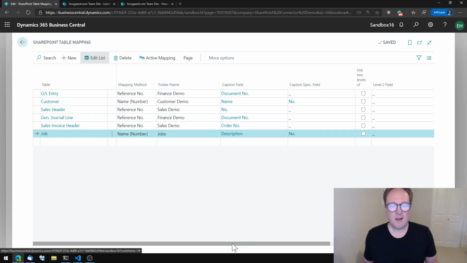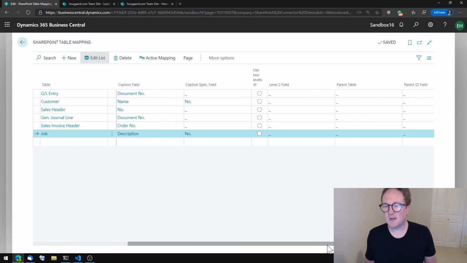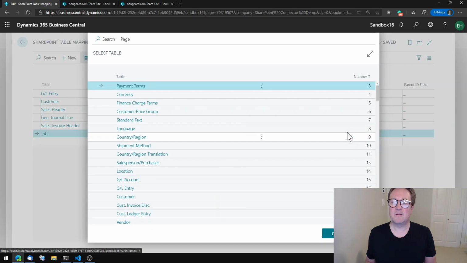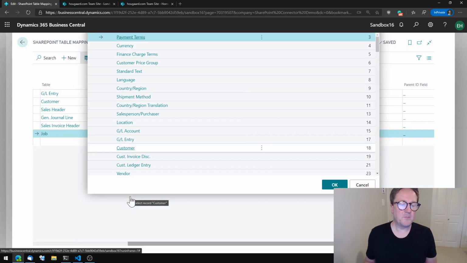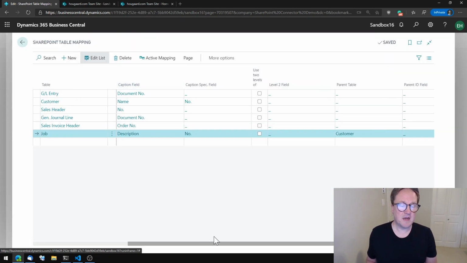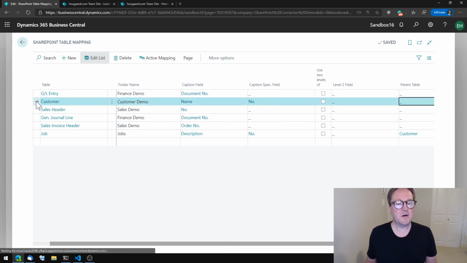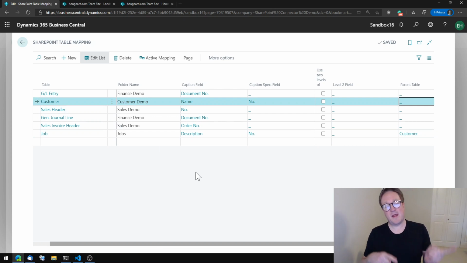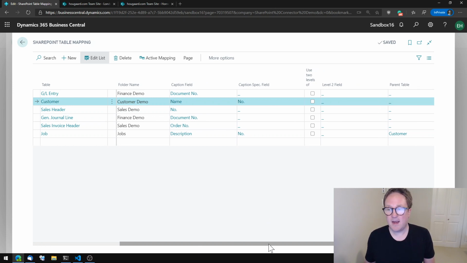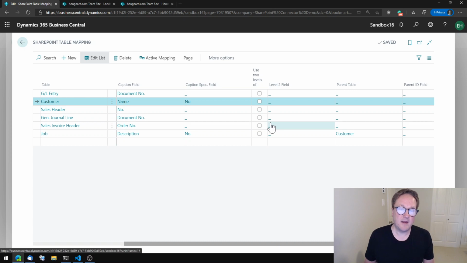But I would actually like all my jobs to be placed in a folder below the customer. So I can go in now and say, okay, put it in the place of the customer. So now it will take a look at this line and say, okay, where are customers located? So it will find that customer folder and then create a folder called jobs inside that one. And inside the jobs folder, it will create a